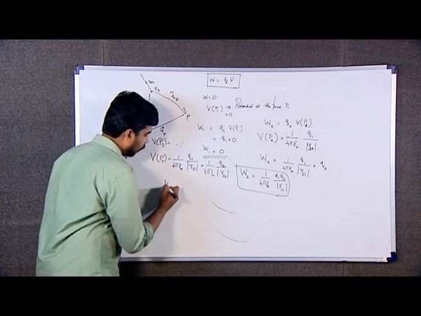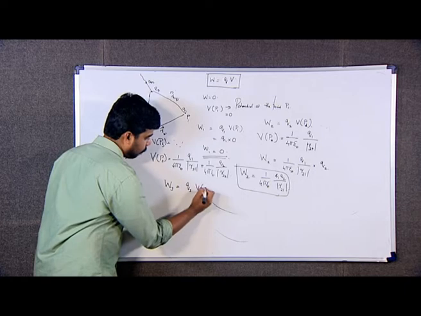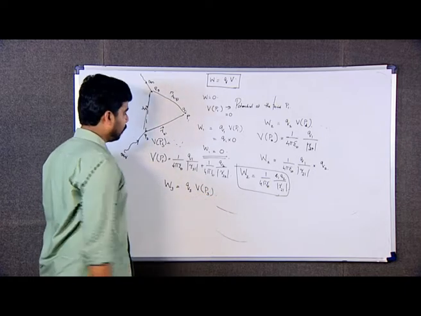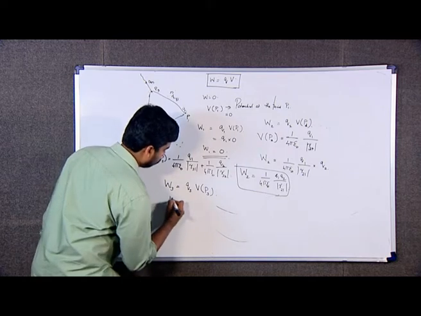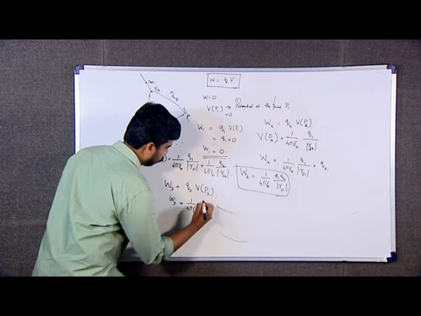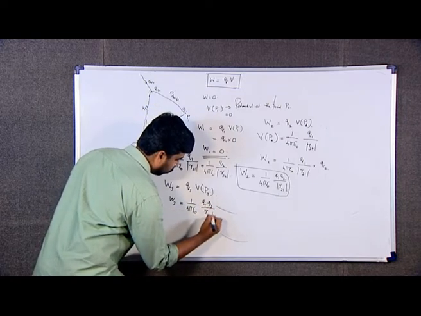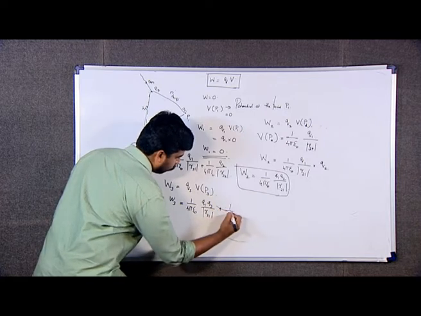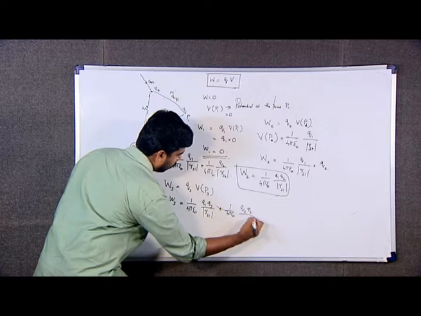So, the work done W3 is equal to Q3 into Vp3. So, I can write the expression for W3 as 1 by 4 pi epsilon 0 Q1 Q3 by modulus of R31 plus 1 by 4 pi epsilon 0 Q3 Q2 by